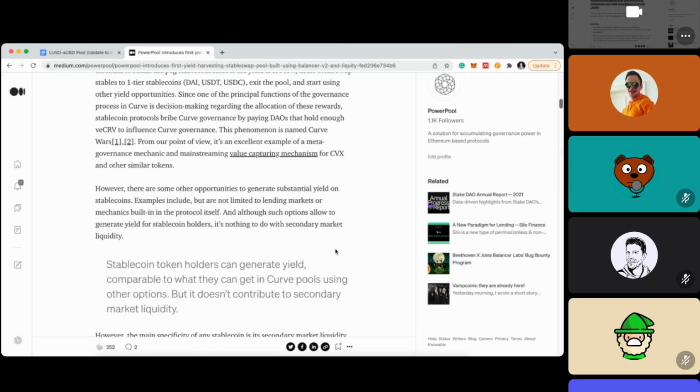But anyway, the main problem is that StableSwap AMM cannot generate enough APY based on trading fees. And at this point, I understood that a pool built on top of Balancer V2 that can redirect cash flows from some other sources of yield, not from CRV rewards, can be really a useful idea. And LUSD is a perfect example for such implementation, because they have a stability pool that generates a lot of yield from liquidations, and I will show all these calculations. So this is why we decided to build this pool.